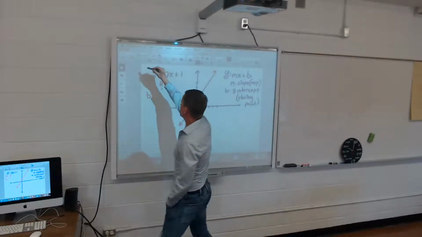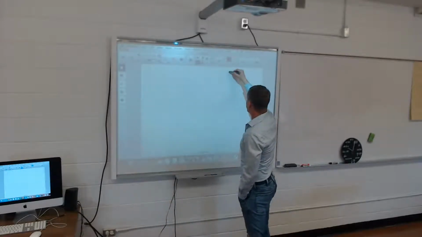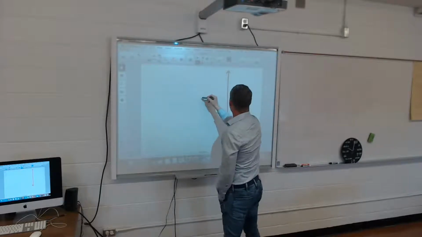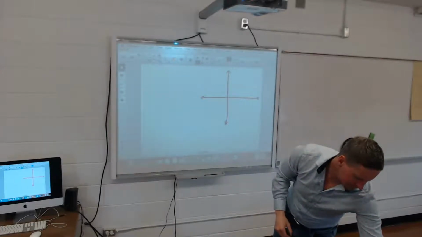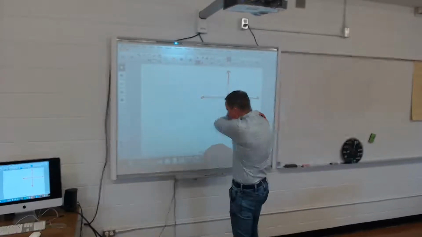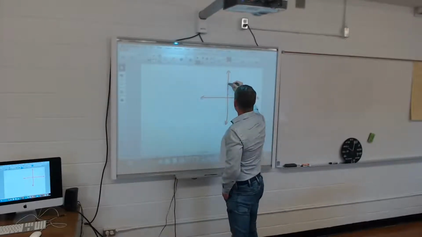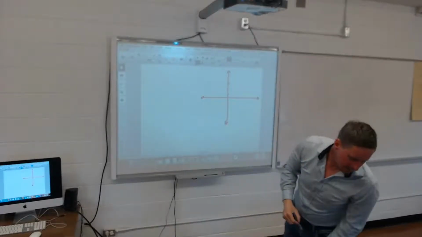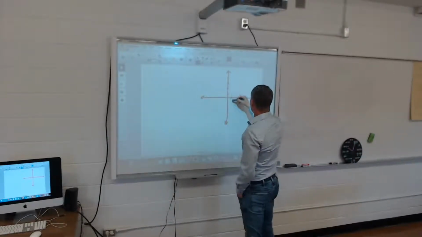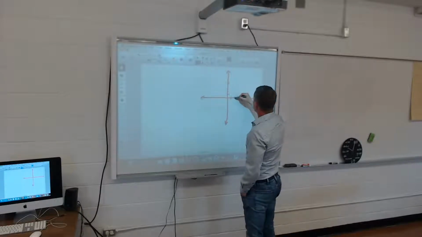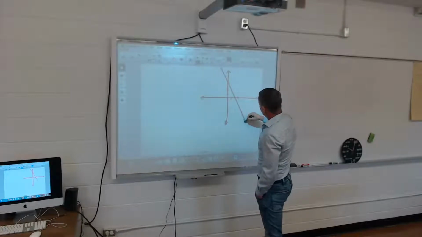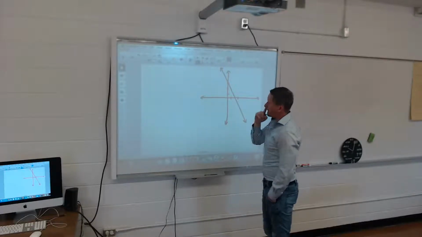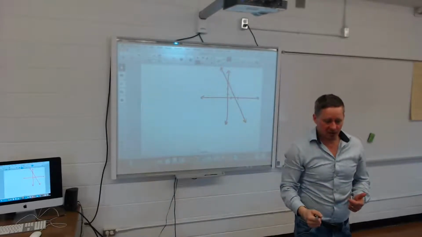So if you look in your book on page 142, they give you a graph. Right here. And 1.5. All right. So this is the first lesson